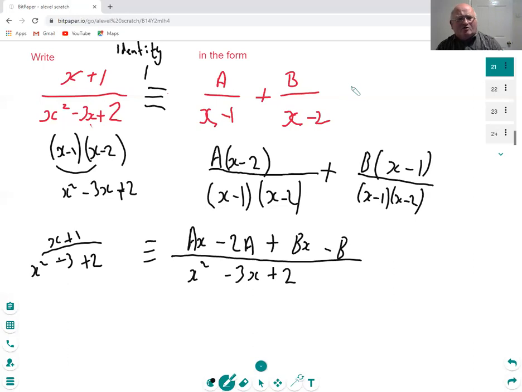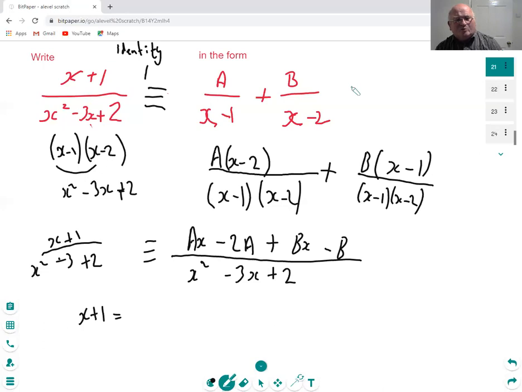We still don't know what values a and b are. I mean, we've been told that there are values a and b in the question, so we're just going to find out what those values are. Now the bottoms are the same. So rather like in the first one, I'm going to make the two tops be the same. So x plus 1